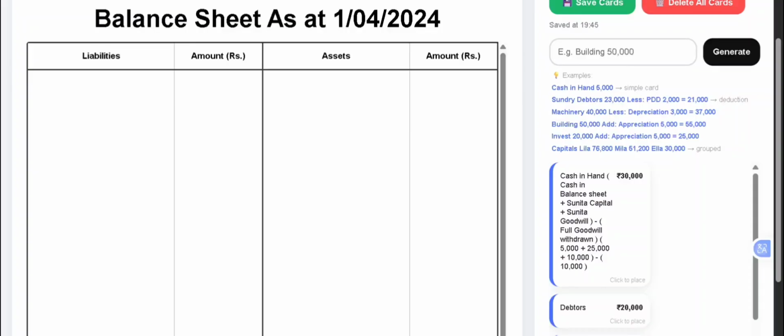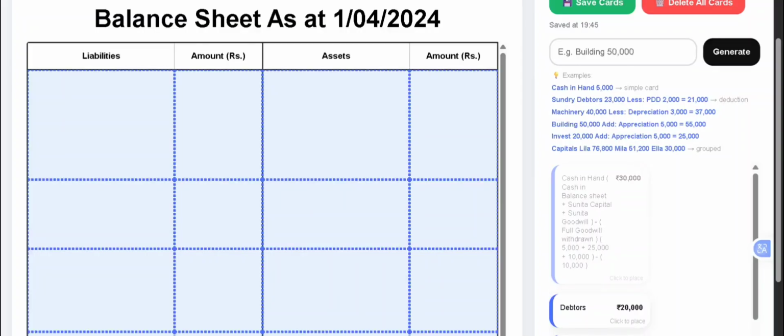So here the first entry will be on the asset side, the cash. The cash need to be adjusted as the cash is brought in by the new partner Sunita, capital and goodwill. So cash will appear on the asset side, cash in hand. So we have to add the cash which was given in the balance sheet plus Sunita's capital plus Sunita's goodwill,